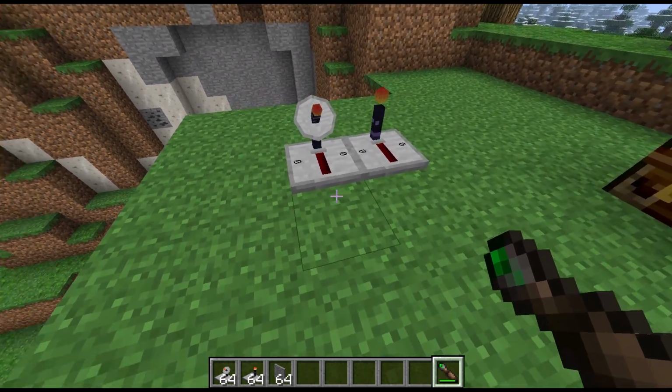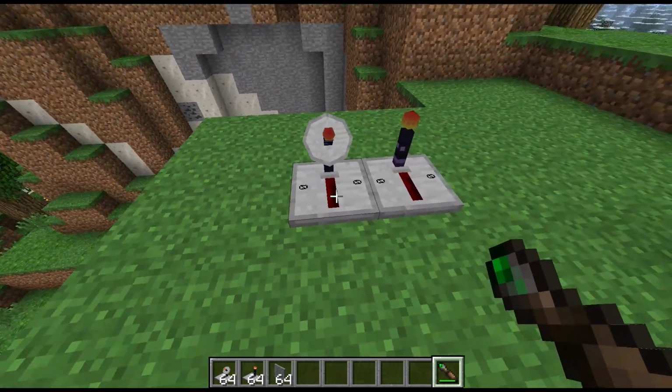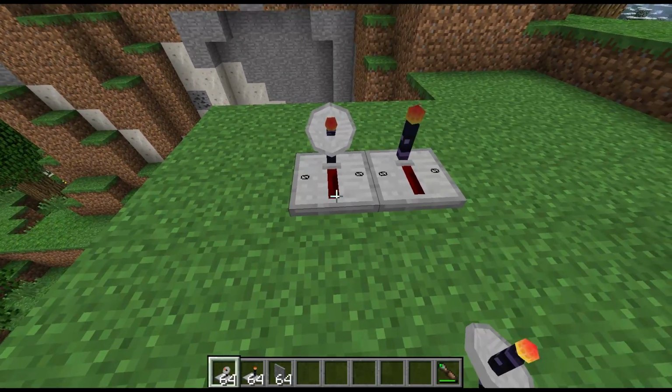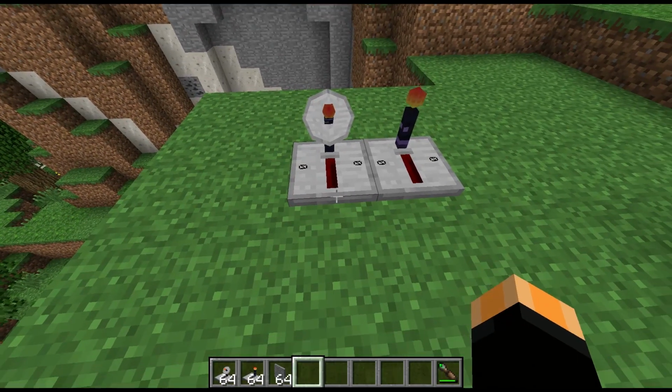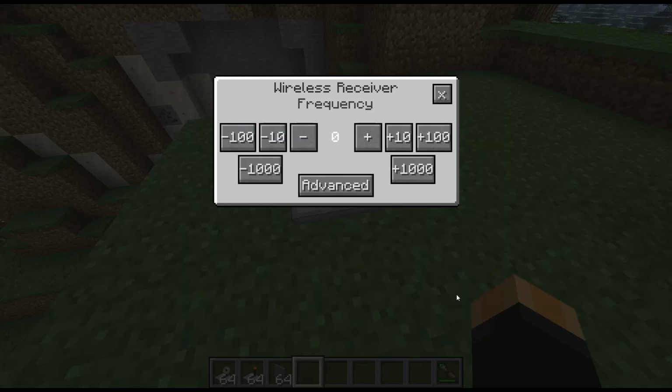Today we're going to be looking at Wireless Redstone, the Chicken Bones edition. And we've got here the receiver and the transmitter. Now if we have a look inside these, they both have very similar UI. This is the simple version, and you can basically use these buttons to select which frequency you want to be using. You can use up to frequency 5000,